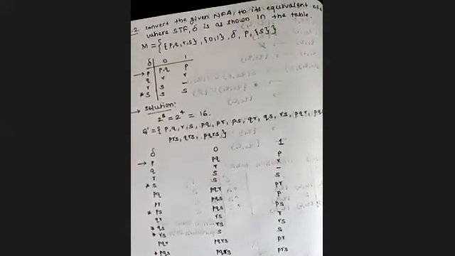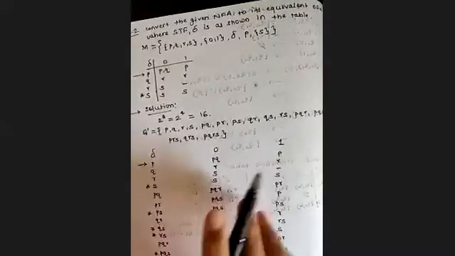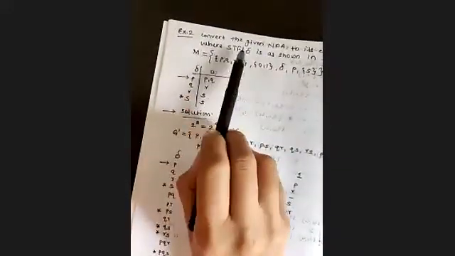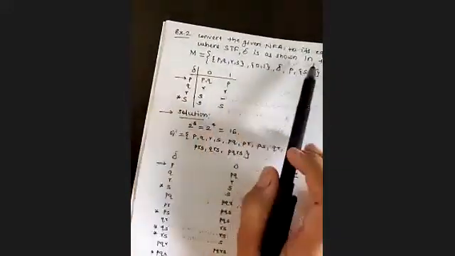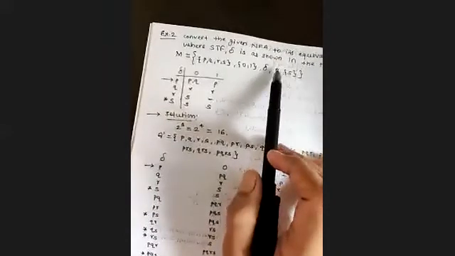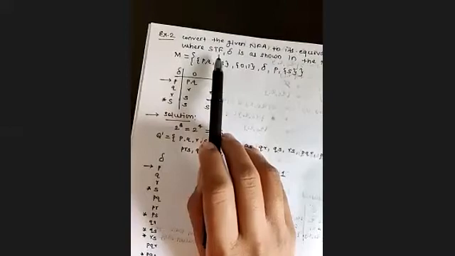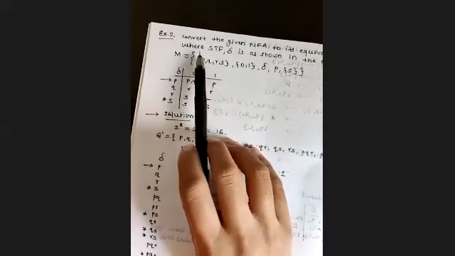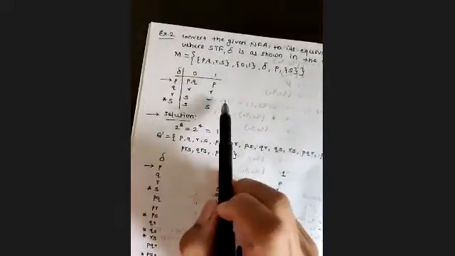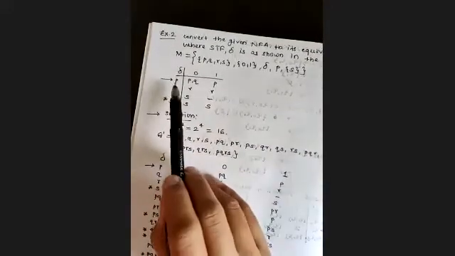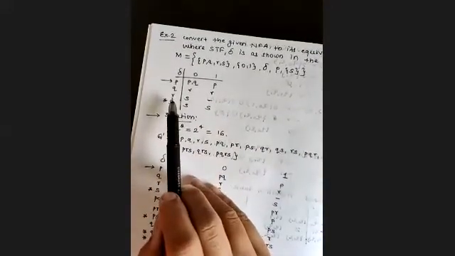This is the second problem that you can see in front of you. One NFA is given to us. Convert the given NFA to its equivalent DFA. Remember one thing, whenever we are converting an NFA to its DFA, the meaning of that NFA should not be changed. So we are converting this particular NFA to its equivalent DFA. Here, four different states are given.